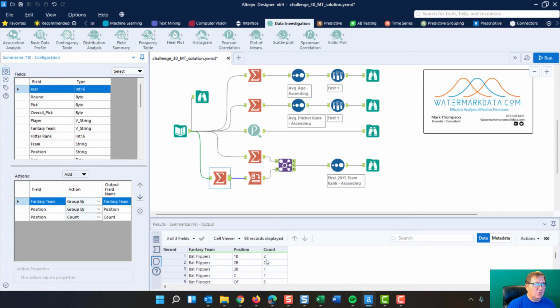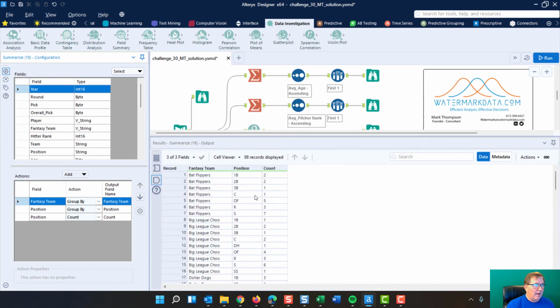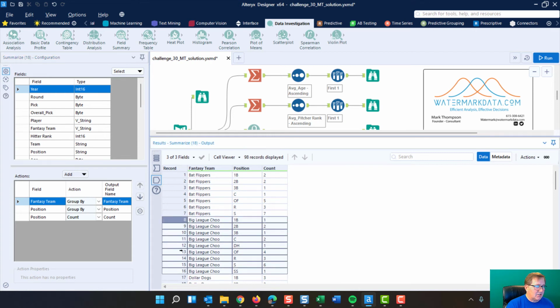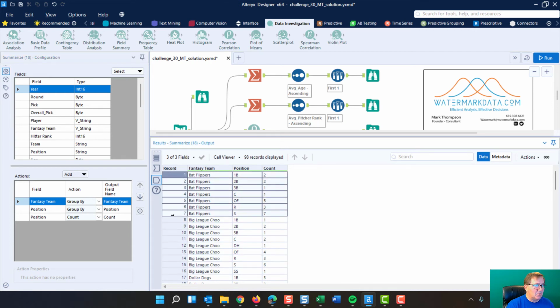You got 2 first base, 2 second, 1 third, 1 catcher, 1 outfielder, and you can run down. I don't need to go through all of these, but each team tells you how many they've got at each position, right? Now,